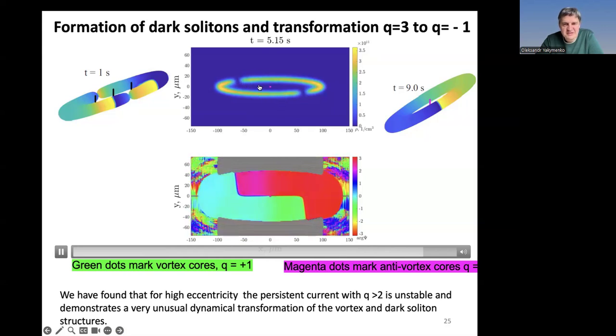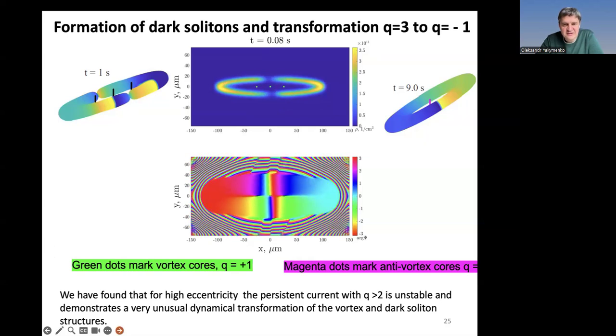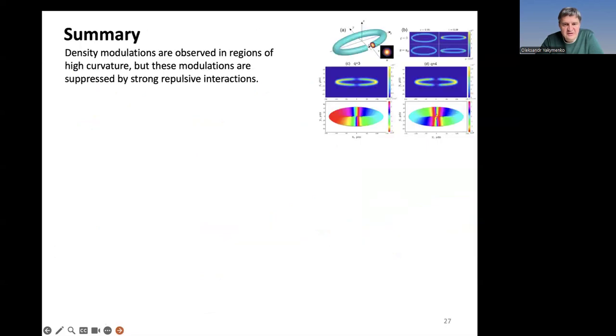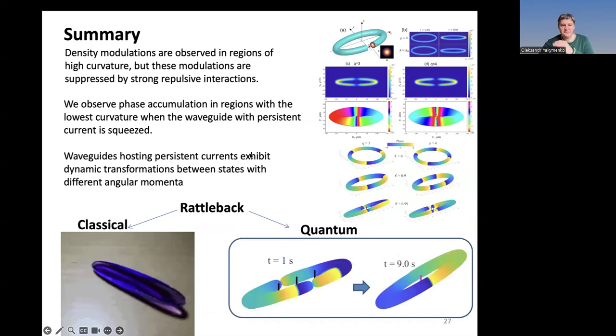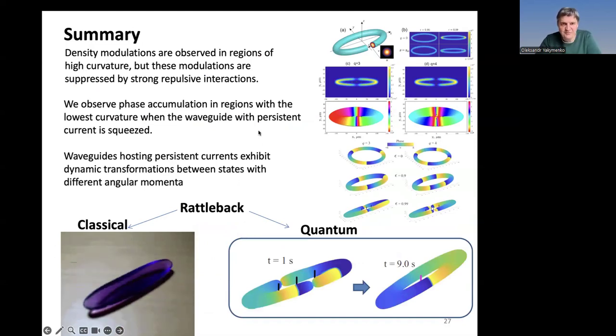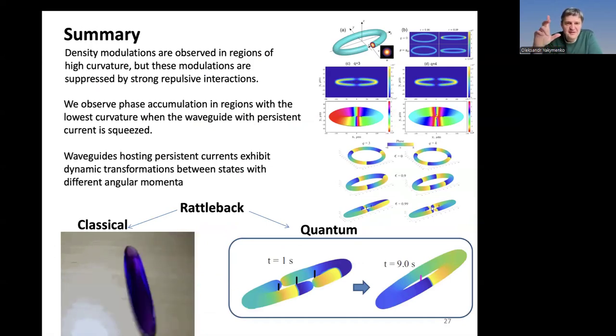then this system relaxes to the ground state, and this is indeed an example of very interesting complex dynamics, and it resembles a rattleback. You know what is a rattleback? It's a Celtic stone. What do you know? What is a Celtic stone? If you have a